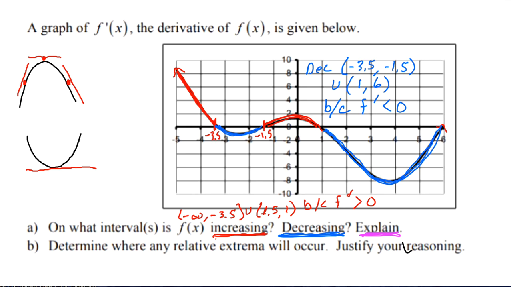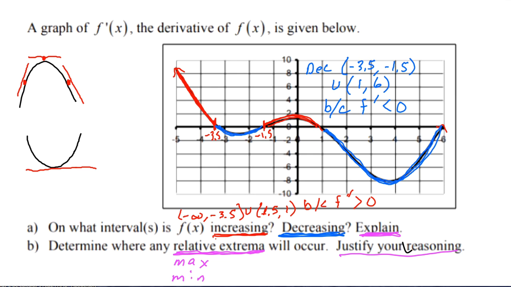All right, so the next thing it's going to ask us to do is determine any relative extrema. Extrema are going to be your maxes and your minimums, maximums and minimums. And it asks us to justify our reasoning. How do we know this is a maximum? How do we know there is a minimum? And so